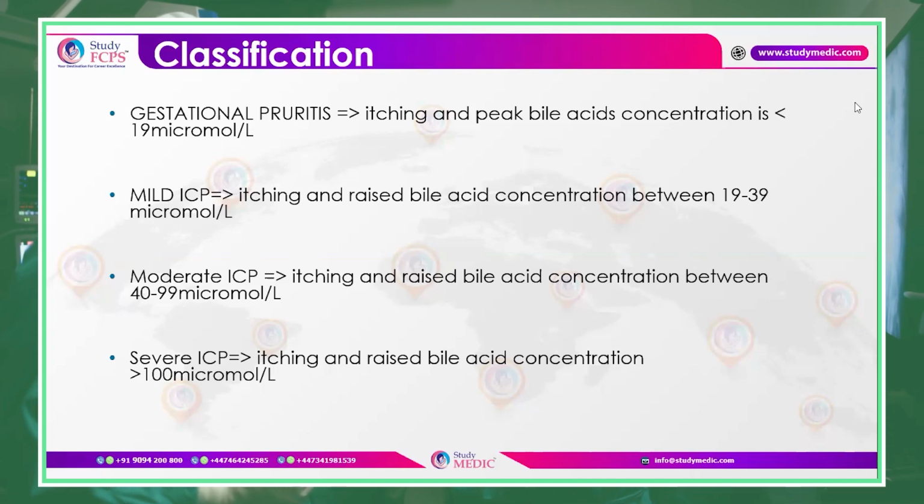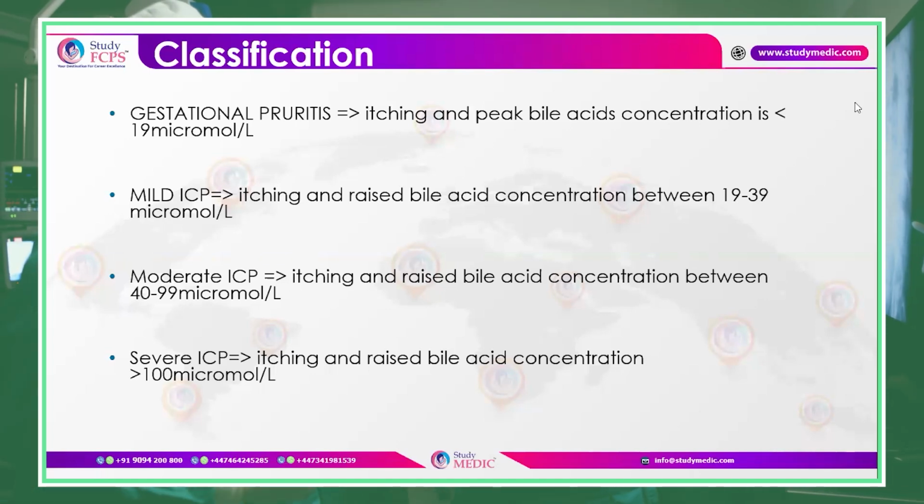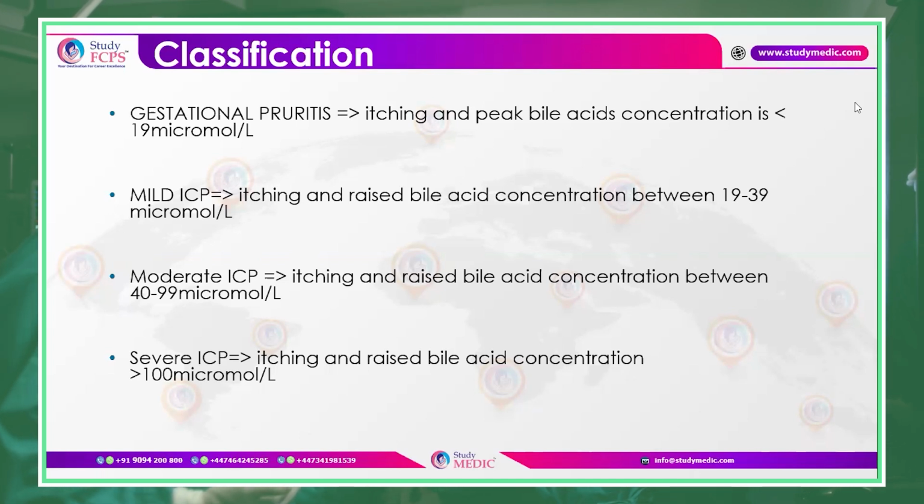In moderate intrahepatic cholestasis of pregnancy, these patients also present with a complaint of itching, and the raised bile acid concentration ranges between 40 to 99 micromole per liter. However, in cases of severe intrahepatic cholestasis of pregnancy, the concentration increases up to 100 or even more than that. So, dear students, you have to remember each and every range of the classification of intrahepatic cholestasis, because